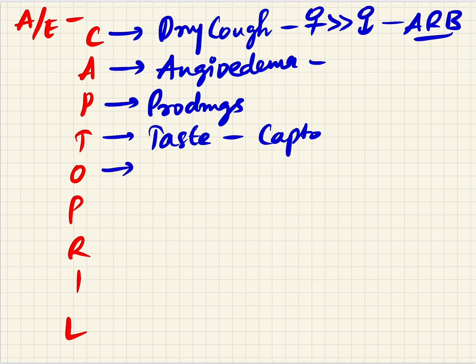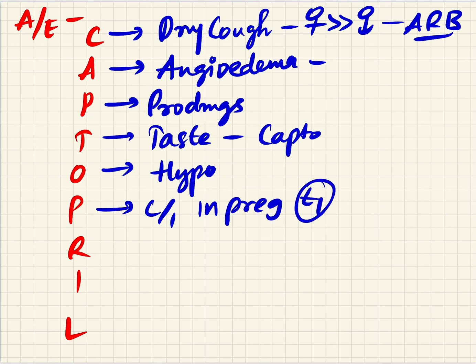So initially when you give the ACE inhibitors, there will be hypotension. This is called the first dose phenomenon. That is the reason why you should start with a low dosage. And if the person is on diuretics, the diuretics have to be stopped temporarily and later continued. P. They are usually contraindicated in pregnancy, that too in the first trimester, because it is a period